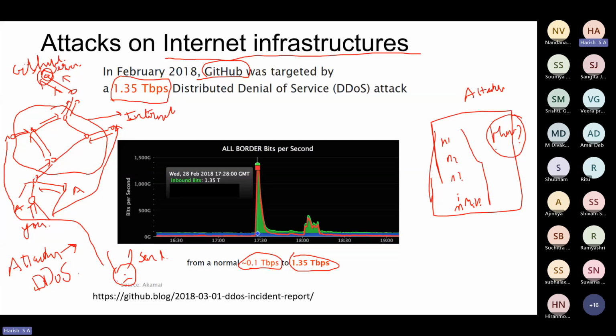How does an attacker collect such nodes? Good, yeah, botnets. He's right. So this collection of nodes is called a botnet. But how does the attacker get botnets?